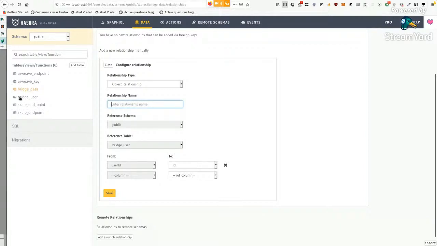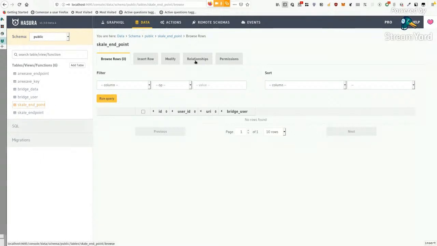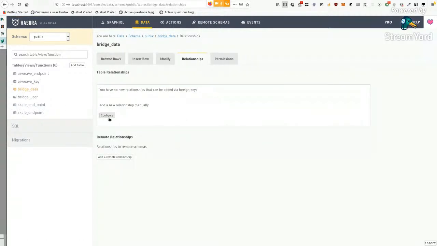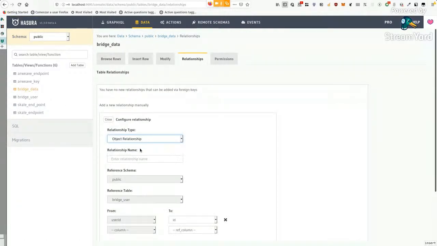Basically, I don't need this user table anymore because I can get this directly from OneGraph, which is the authentication scheme that I've been using. There isn't really enough time to go through that, unfortunately, but I will hopefully be able to get the rest of it working. So if I go to the bridge data again, not get distracted,